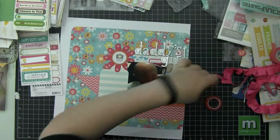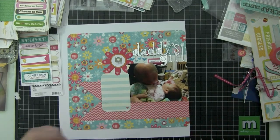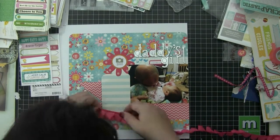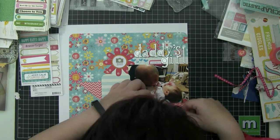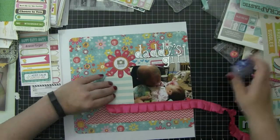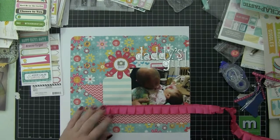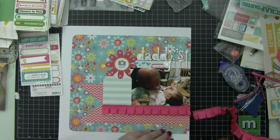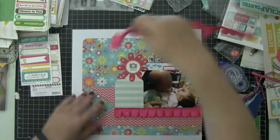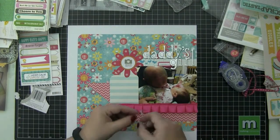my scrap ribbon. So I'm going to use this red sticky tape, and I always use this to put down my ribbon. I find it to be the most effective way. And forgive my head, my camera is still off. But anyway, I just worked out when I finished this, so my hair is a nightmare, but that's the way it goes. So I put that ribbon down, and then I think about putting that ribbon somewhere else and decide